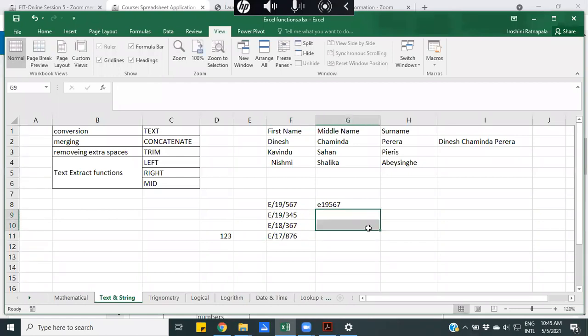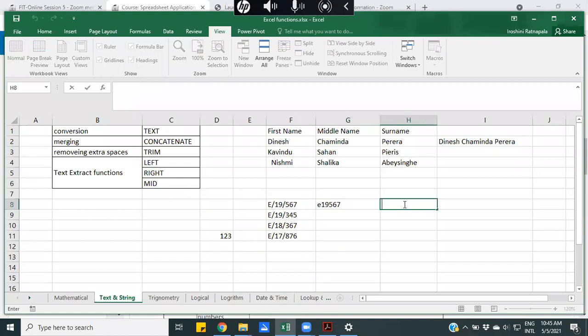We have something like this and we need to get the usernames. In such a situation, only E is common for everything. So we can use the concatenate option, or even if you don't want to use concatenate, you can use the text extract functions to get the username from this value.